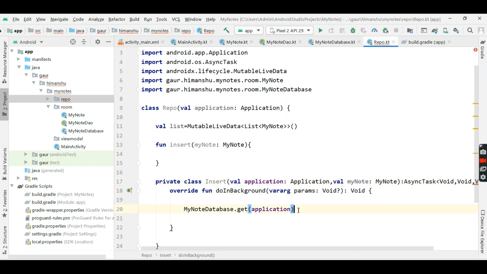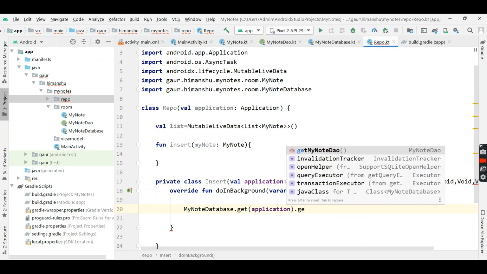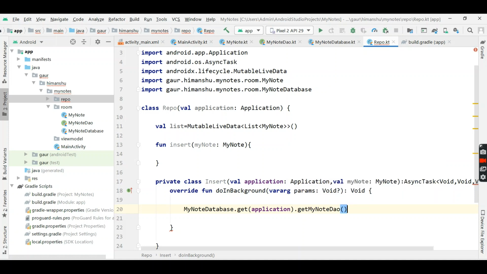Now take our note DAO. So you can see here, getMyNoteDao, and simply perform insert and pass our MyNote, and the return type is null.